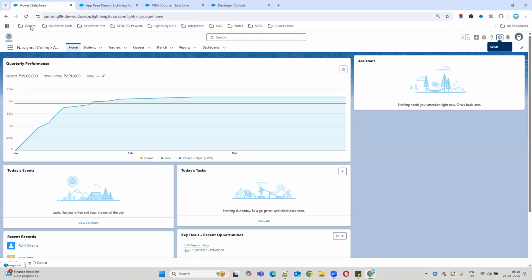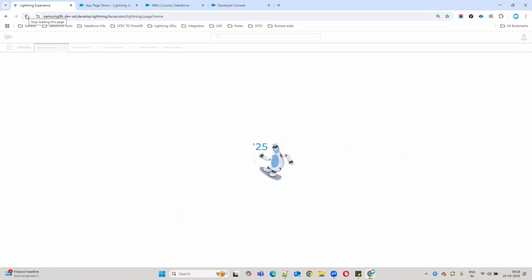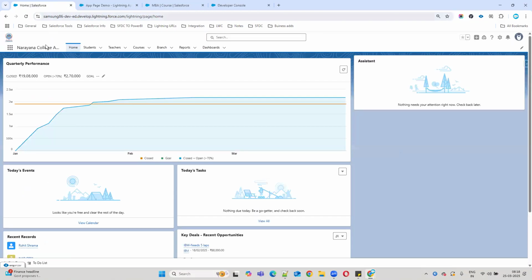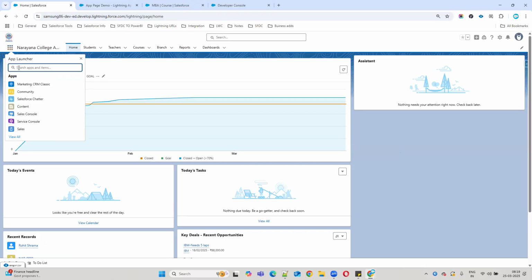So now just go to this page. Refresh it. Whenever you create a Lightning app page, this is an app page, automatically it will create one tab in the background. For example, you can just type app. See, this is the tab.